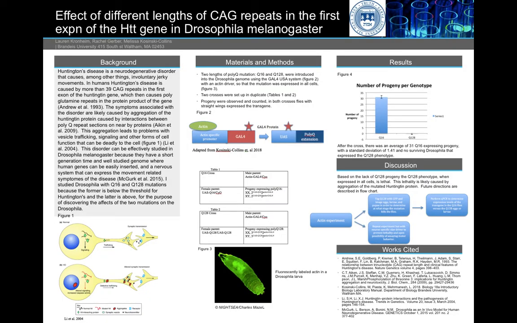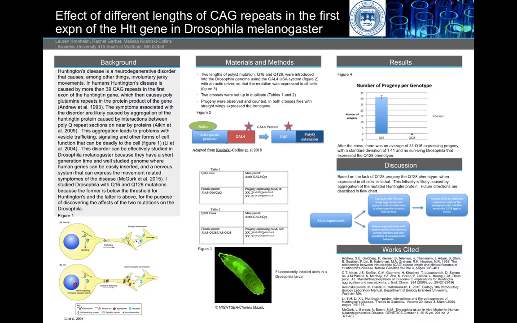Hello, today I'm going to tell you a story about the effect of different lengths of CAG repeats, 16 and 128, in the first exon of the Huntington gene, when integrated into the Drosophila melanogaster genome. In humans, over 39 CAG repeats in this area cause Huntington's disease, a devastating neurodegenerative disease that causes, among other